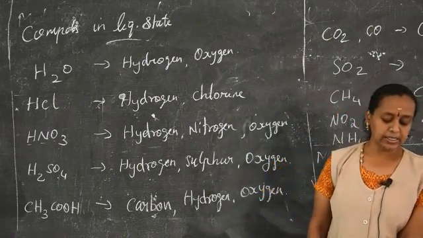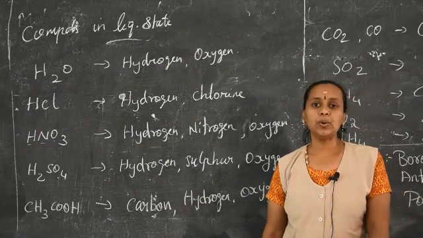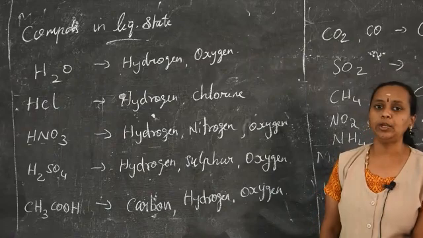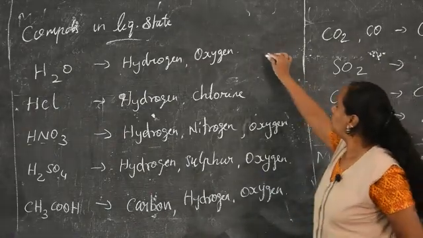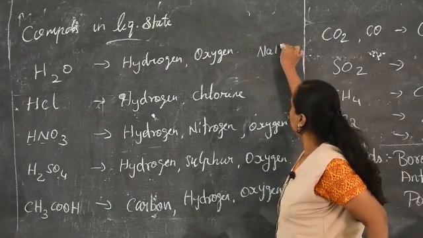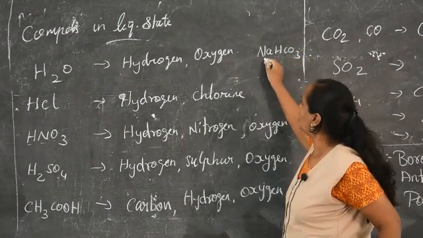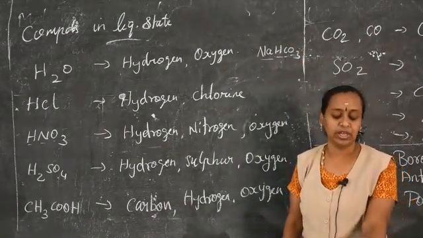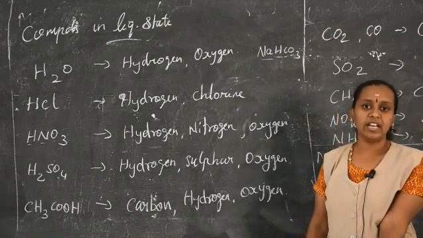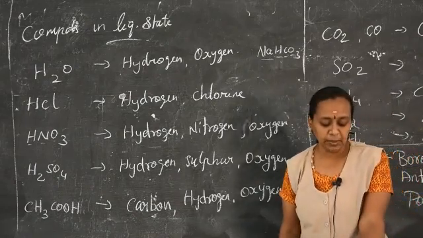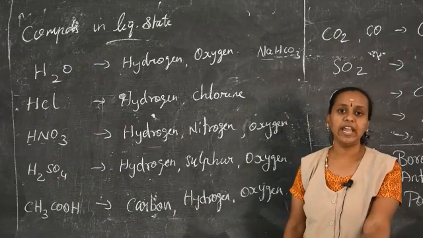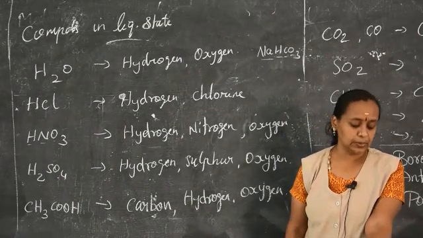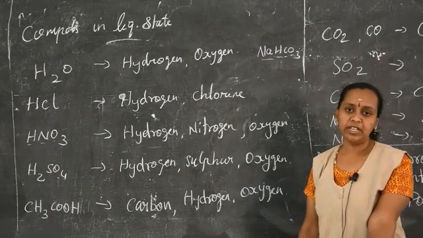The next is baking soda. It is also called sodium bicarbonate, which can be written as NaHCO3. The constituents are sodium, hydrogen, carbon and oxygen. All the constituents are there in the proper ratio. It is used in fire extinguishers, in the preparation of baking powder, and in preparing cakes and breads. Instead of yeast, they use baking soda, and also for the fermentation process.